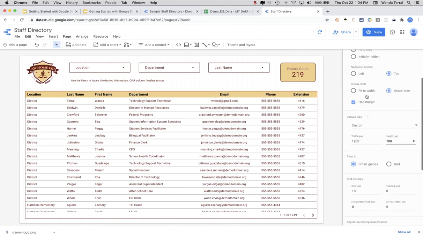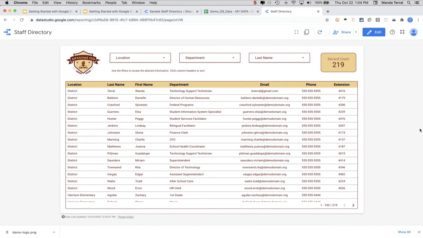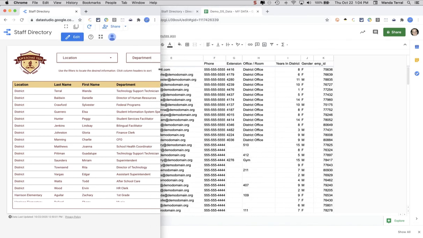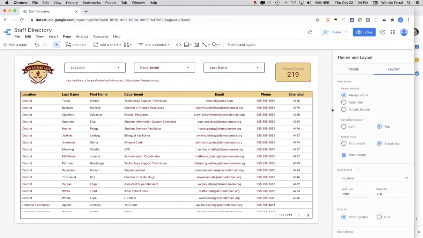And then you have some other options as well. By default, it will display at actual size. So that's what this will look like, even if I resize the page, this is always going to stay that size. Let me pop that out a little bit here. If I make this page narrower, I'm not going to be able to see my whole table. But if I say I want to fit to the width,